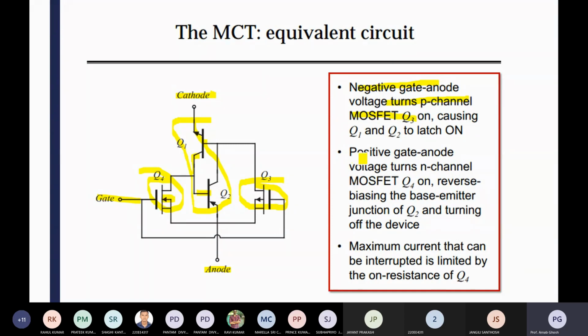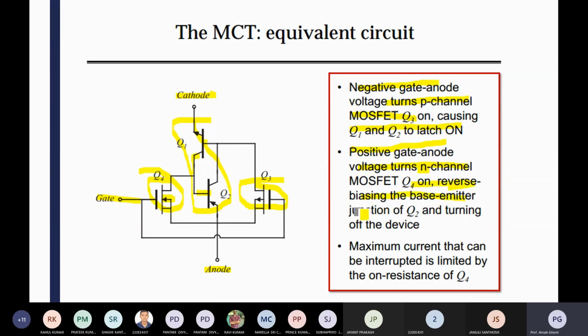Reverse biasing the base-emitter junction of Q2 is responsible for turning off the device. The maximum current that can be interrupted is limited by the on resistance, that is here Q4. So definitely a maximum current can be interrupted.